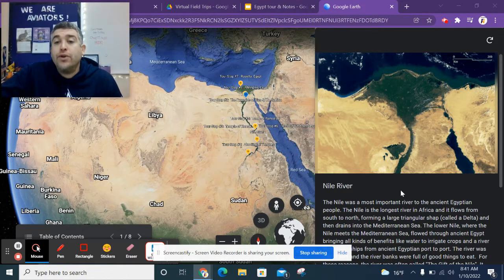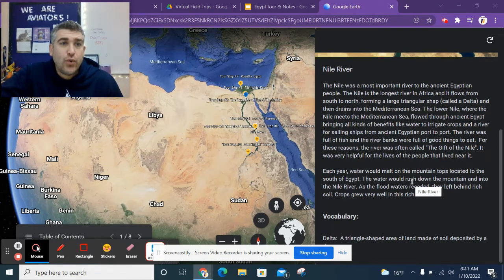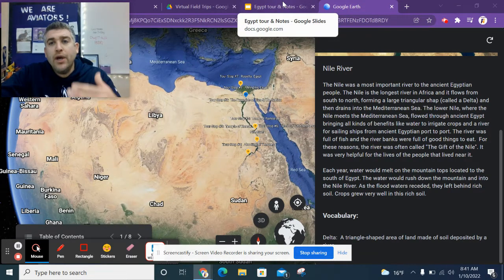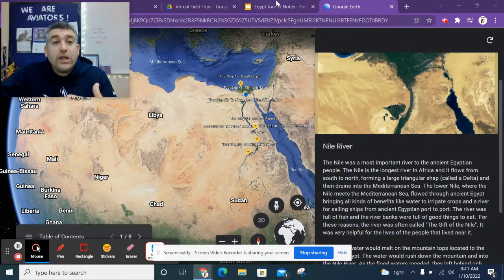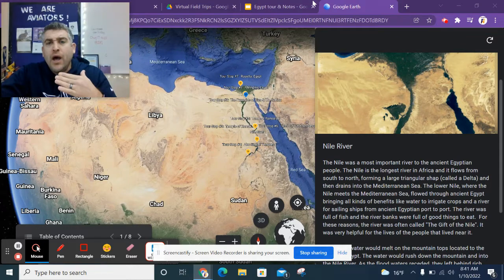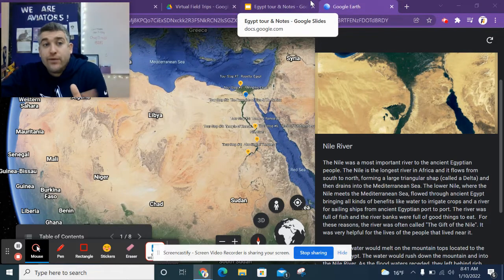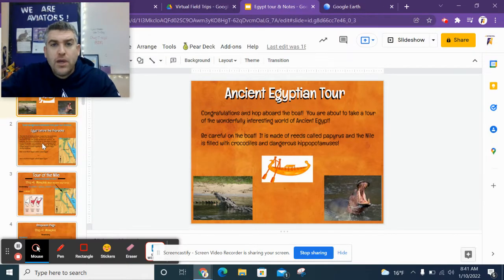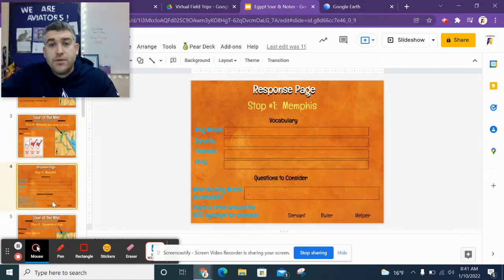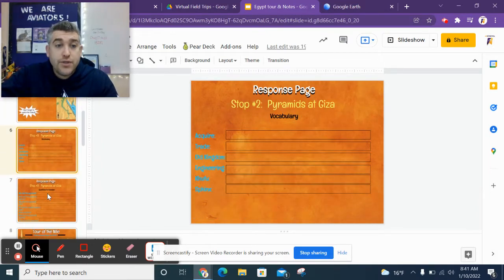Along the way, you're going to be doing some reading, and they're really short paragraphs, like 1 to 3 paragraphs at the most, and there'll be some vocabulary at the end of it. Along each stop, you'll read. It might have you click on a video. It might have you zoom in on the map. There might be a reading comprehension question to write. Everything's going to be in order, with stop 1, then stop 2 with